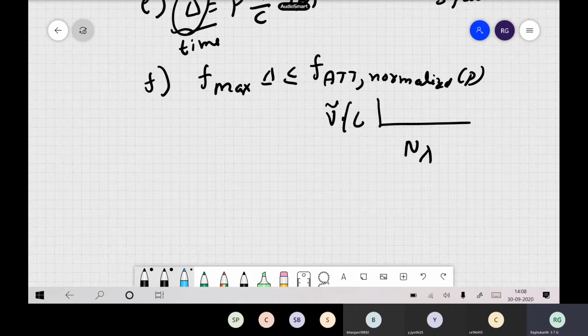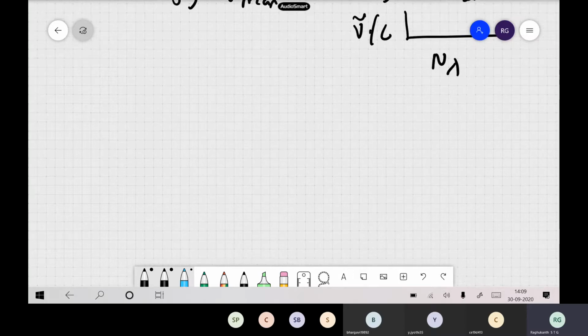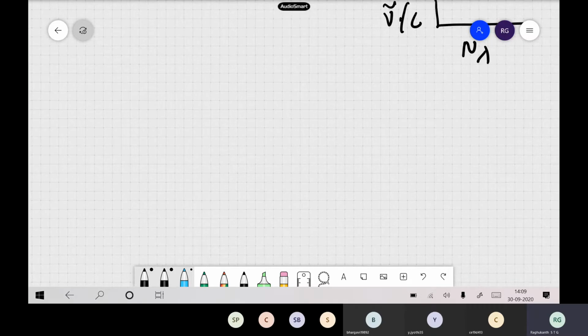I think Jyoti has sent one MATLAB code. I think Bhargavi also has sent these codes to me. Others I don't know. Please plot all these things. Write a small MATLAB code for this. Please plot all the graphs whatever the textbook has plotted, so you will have a better understanding of our subject. Fine, so this ends our grid dispersion, but we will come back when we go to other issues also.